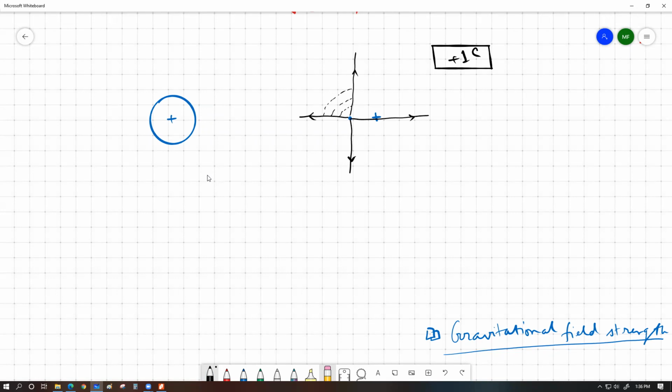It just so happens, if we have a metallic sphere which also is charged by a +1 coulomb charge, this would produce an exactly identical electric field around itself as well. So it will also have an electric field of similar strength and similar orientation, except for this part only where the particle itself exists. So beyond this point, let's say this amount of direction is, let's say, 1 centimeter,